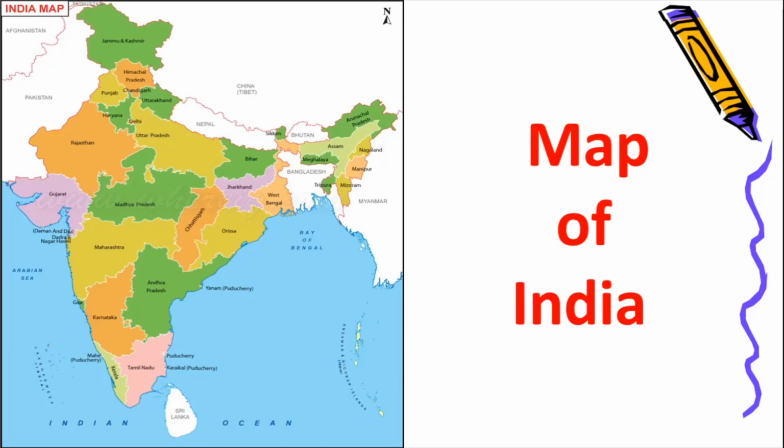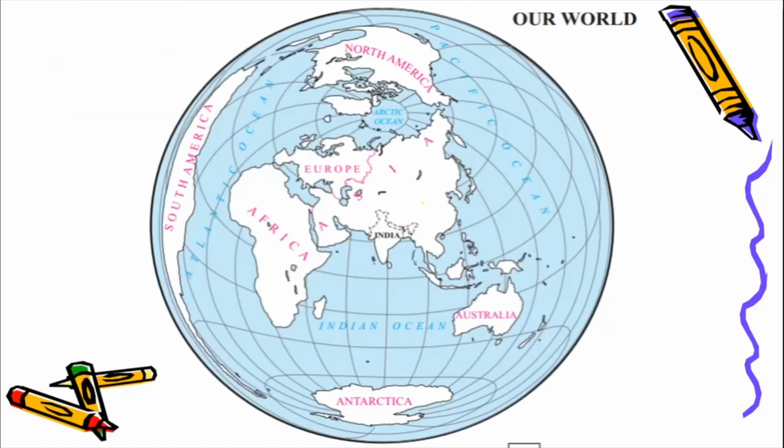Alright, for example, see, the red line is border with another country. So see here, you have border with Pakistan, you have border with Nepal, you have border with Bhutan, with Bangladesh. And in the water, wherever you have a border, you have a blue line. Alright, and of course you have the direction also on this map. So this is a map of India for you children, and this is a map of our world.